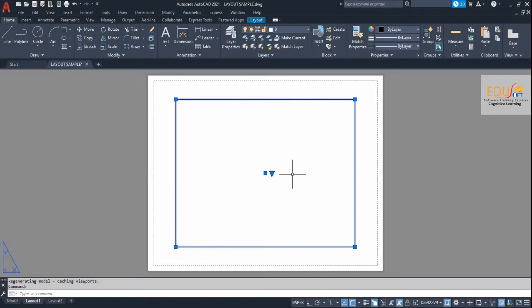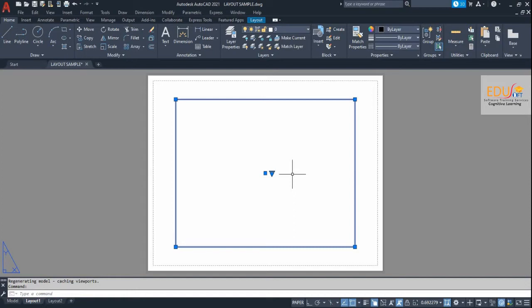Here in this layout you can add a title block and display the scaled views of model space within layout viewports. And you can create tables, schedules, notes and dimensions for your drawing with your draw and modify toolbar.